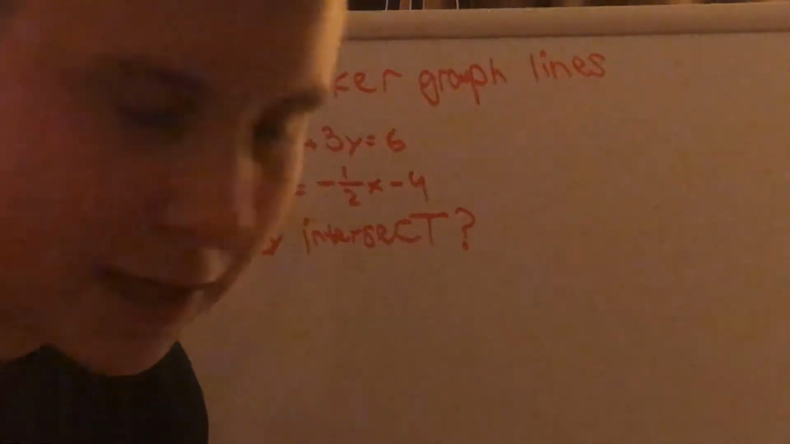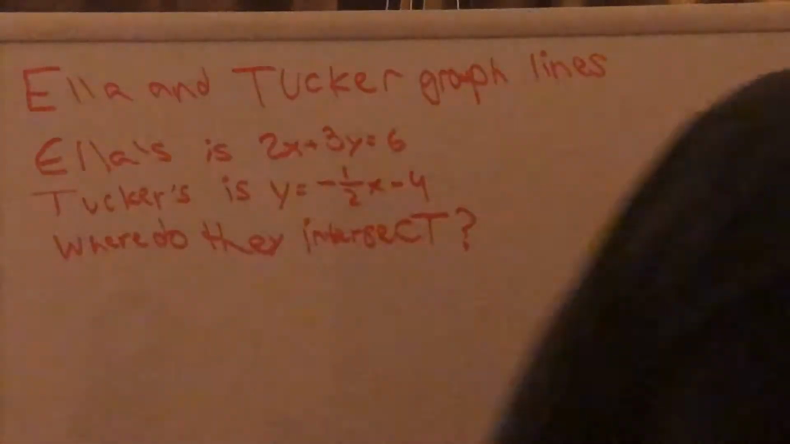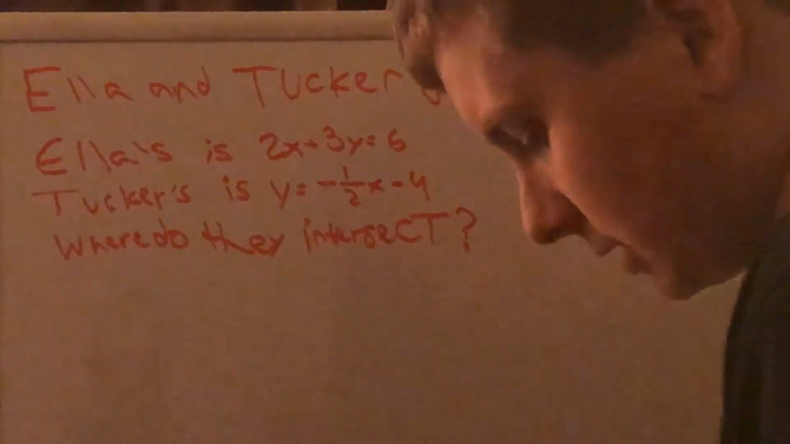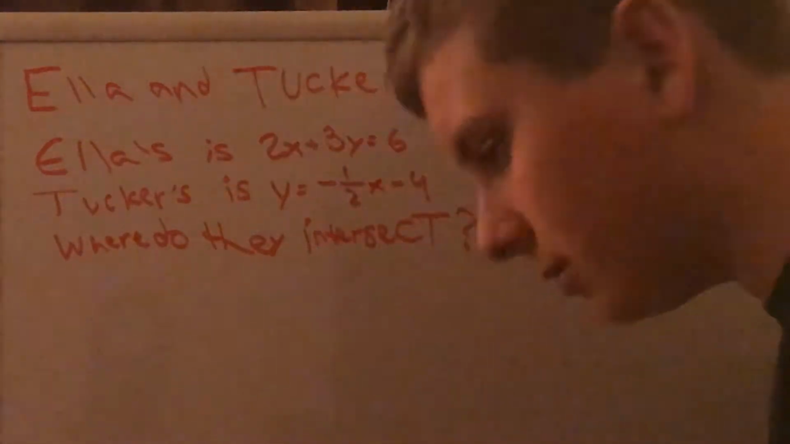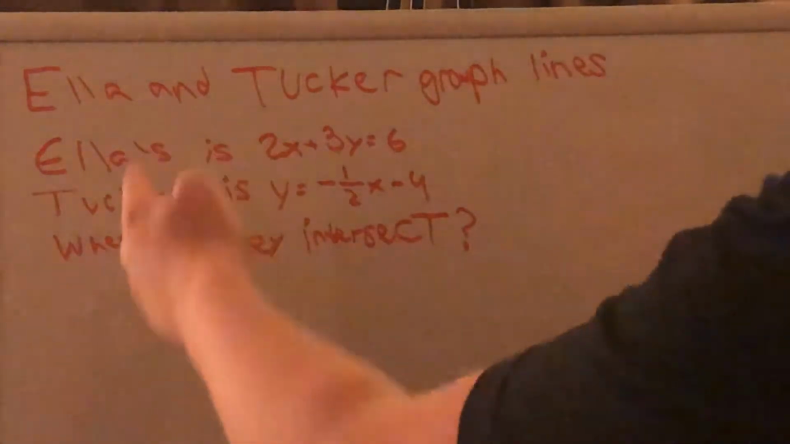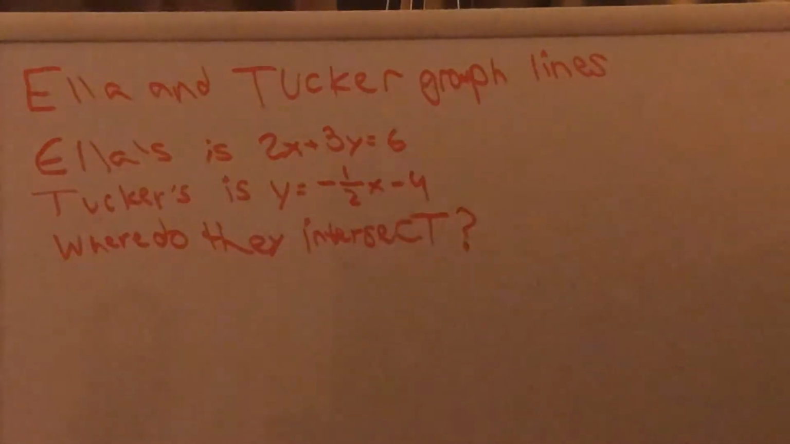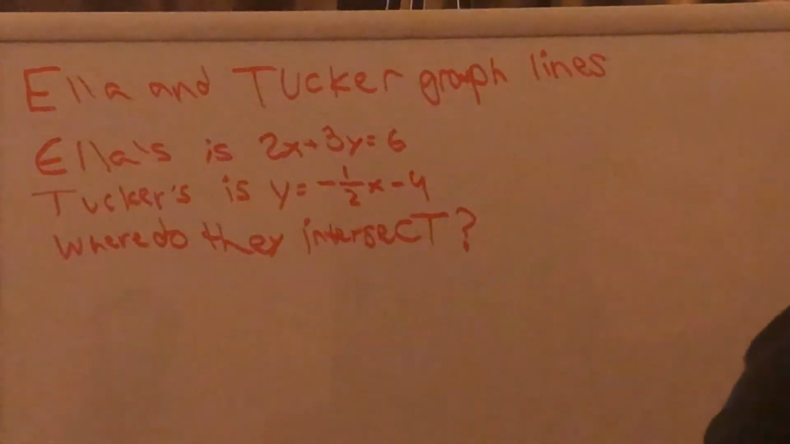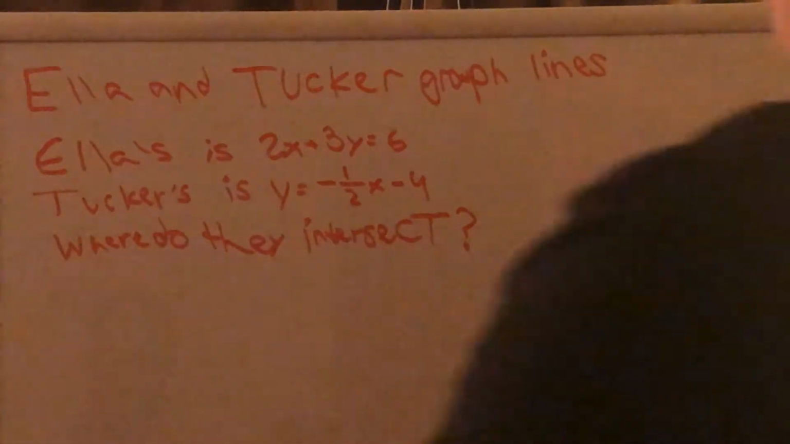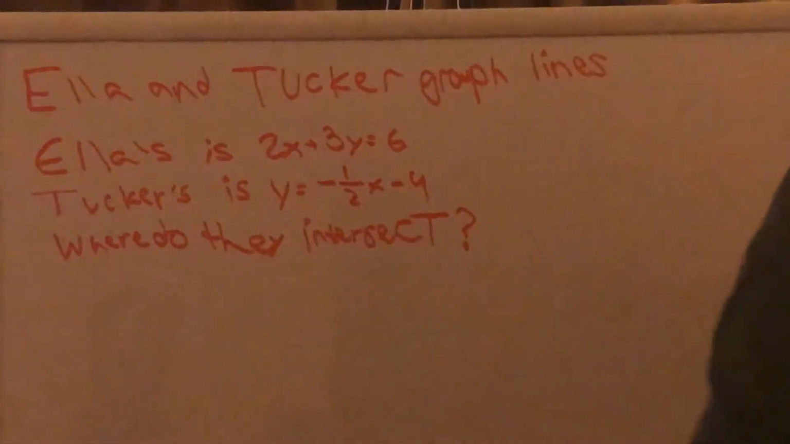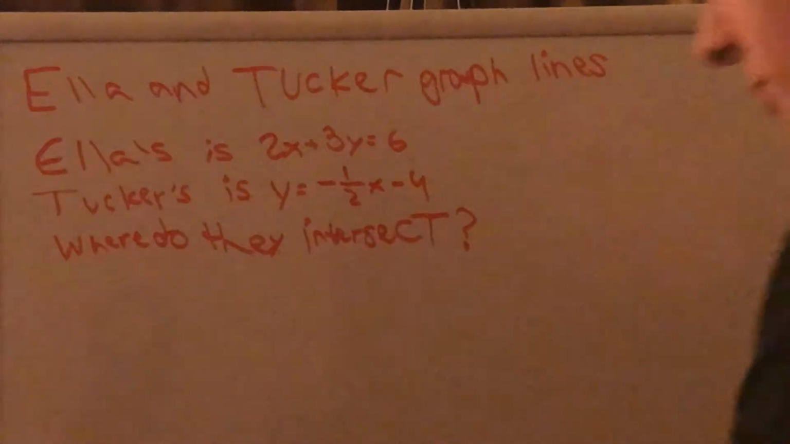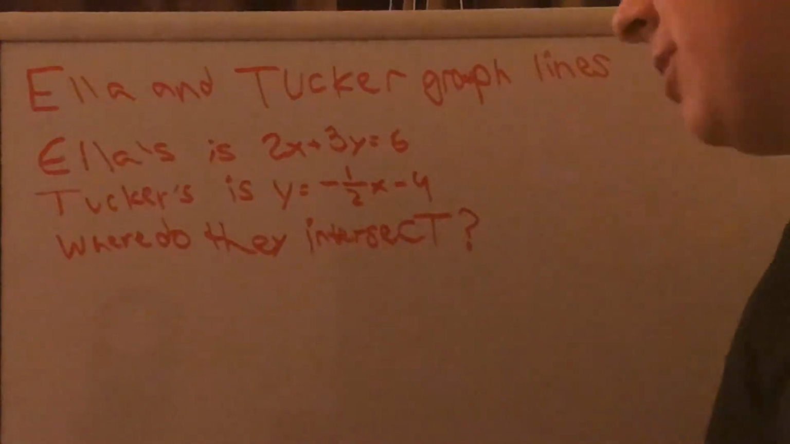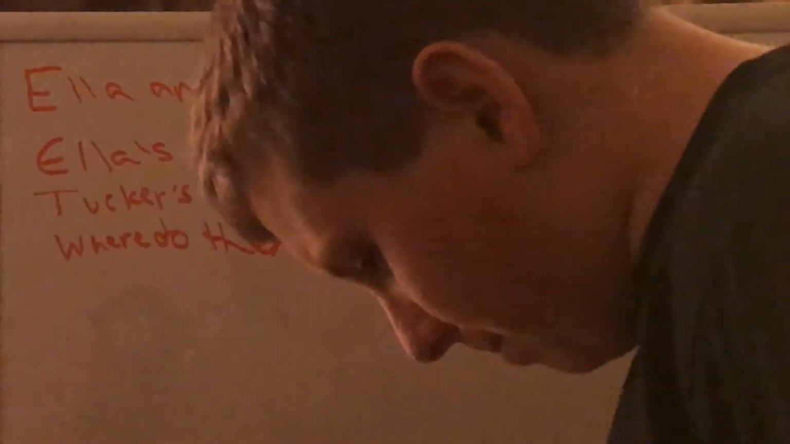So let's get started. Ella and Tucker graph lines. This is always how all epic things start, by just graphing a few lines. Ella's is 2x plus 3y equals 6. Tucker's is y equals negative 1/2 x minus 4. Where do they intersect? When I'm looking at this problem, which I wrote myself, I